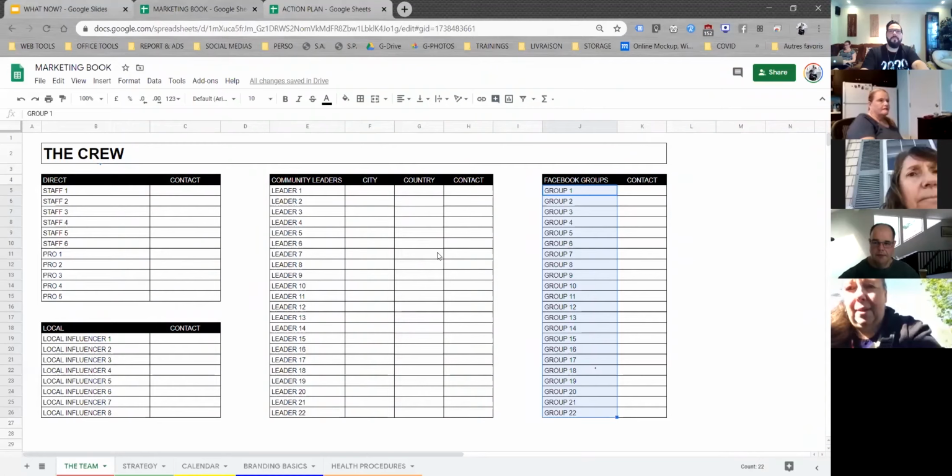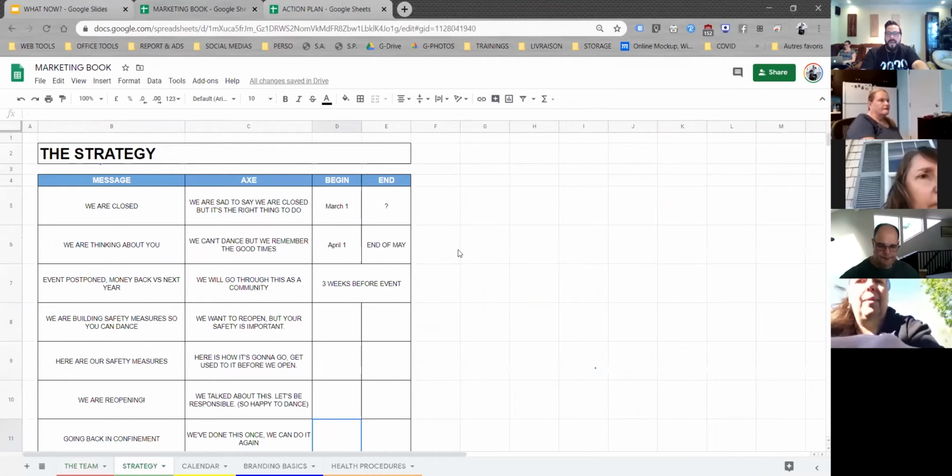So we've seen our team, first communication line, good. Strategy. I want to keep it as simple as possible. The strategy can be very complicated. So the best way for me to communicate a strategy to a team is to keep it into small buckets, very clearly, using the message and the axis, which I'm probably spelling wrong. I think it's spelled in French, my bad.